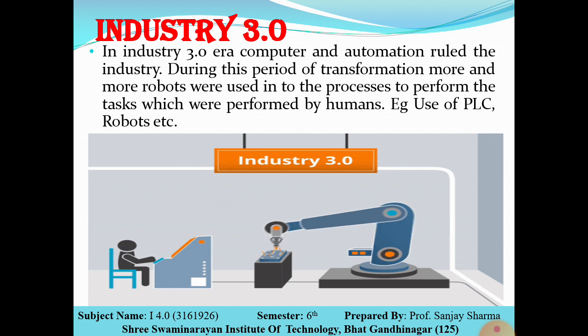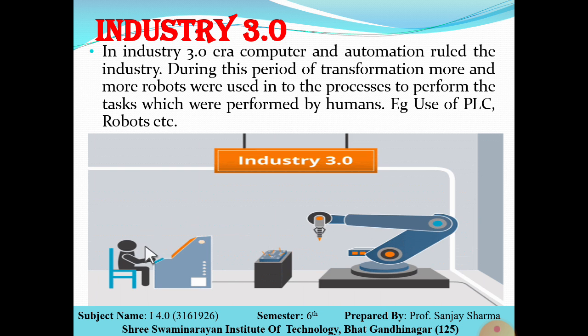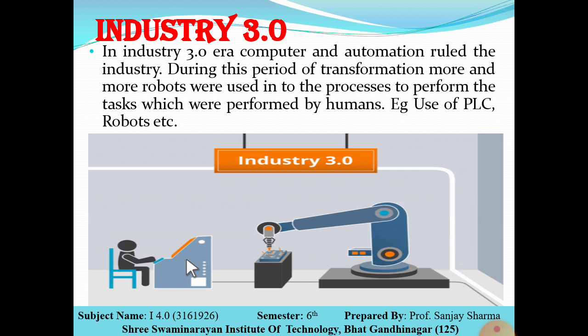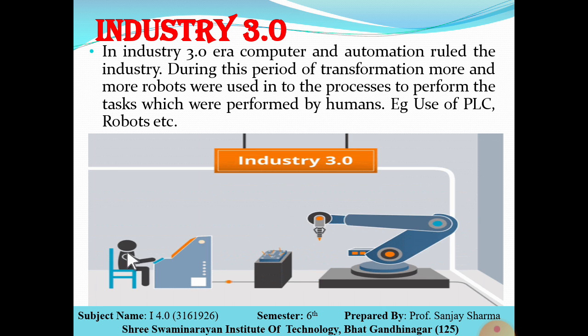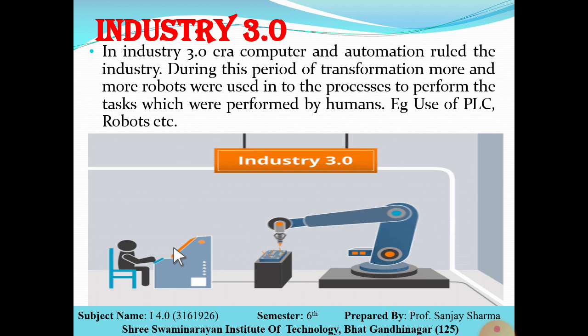Now many industries are utilizing robots, but here in 3.0, whatever programming is done by the human being is executed by the robot. So if a mistake is made by the human, meaning there is a human error in designing it, definitely there will be an error performed by the robot also, because the robot is programmed and will just follow whatever has been guided, or whatever data has been fed by the human being.